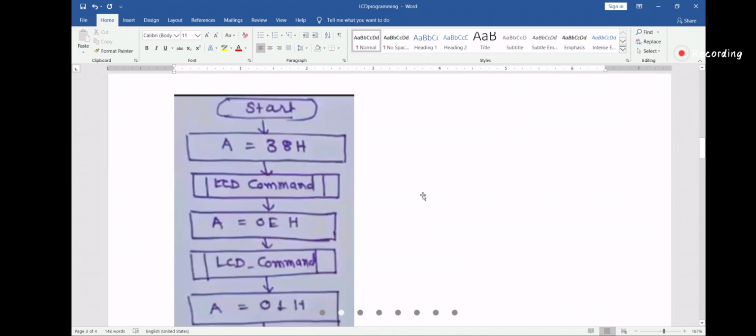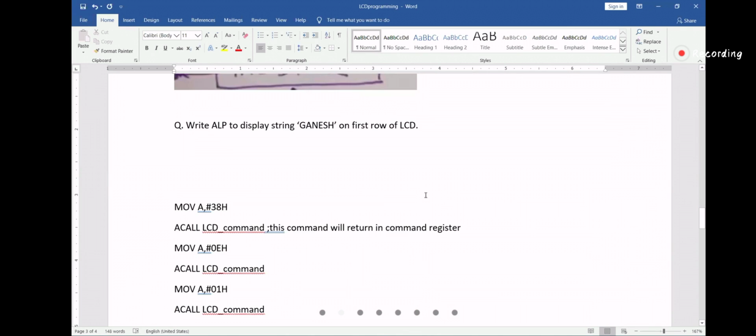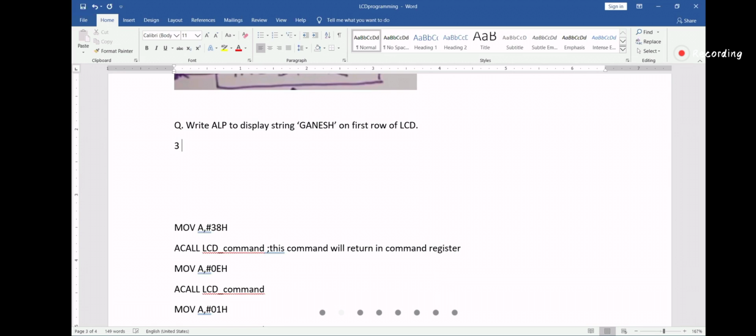So it will have 3 subroutines. First I will explain with a flowchart, then I'll go to the main program. So it has 3 subroutines.